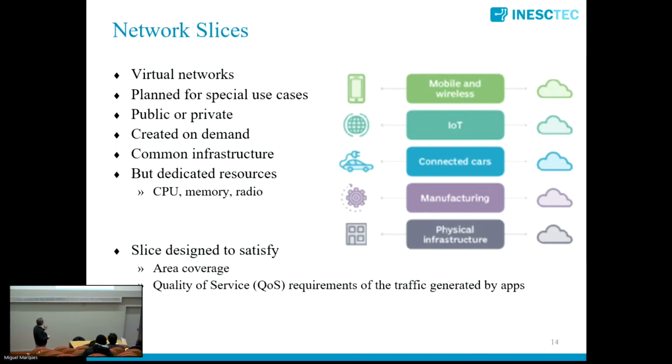And we may build, for instance, a network that is designed for mobile broadband, for multimedia. We may have another one, for instance, for connecting cars. We may have another one which is dedicated to industry and so on. And each of these slices, each of these virtual networks, will be in the same way that you create virtual machines in your computer. We have to associate CPUs and memory. Here it will be the same thing.